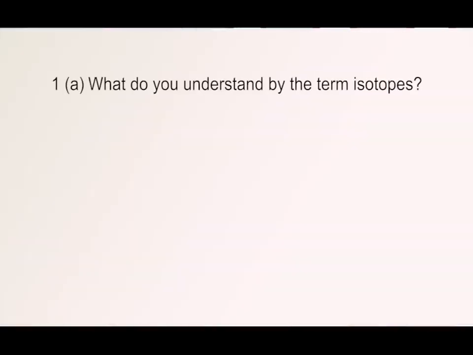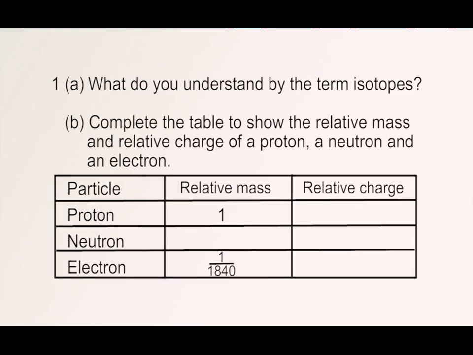We begin with question A. What do you understand by the term isotopes? B. Complete the table to show the relative mass and relative charge of a proton, a neutron, and an electron. You are provided with a table with 3 columns. The first column with the heading particle, the second column with the heading relative mass, and the third column with